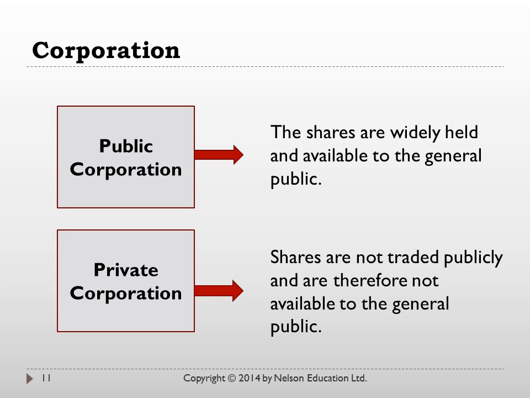authorize. If there's any restrictions on the transfer of ownership, that would be outlined in the Articles of Incorporation. And the Articles of Incorporation will also outline the number of directors, or a minimum or maximum number of directors that the corporation will have, and any restrictions on the type of business that the corporation may enter into. So it can be a lengthy document. Some of them in small private corporations are fairly simple and straightforward, but it must contain those minimum requirements.